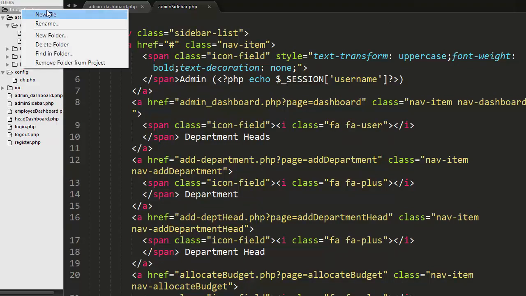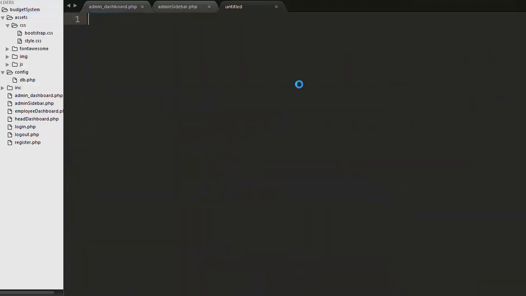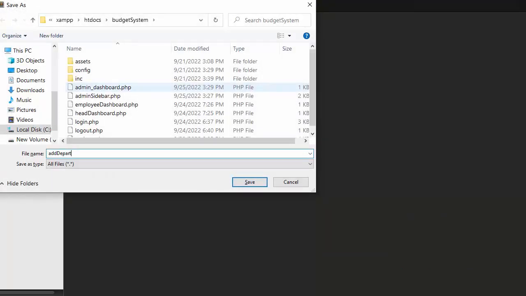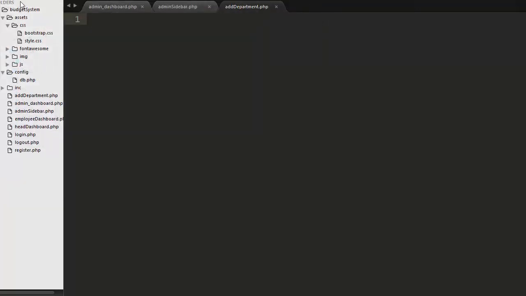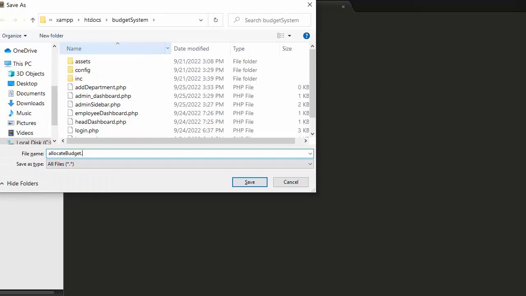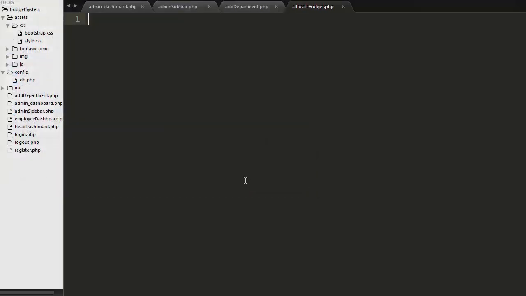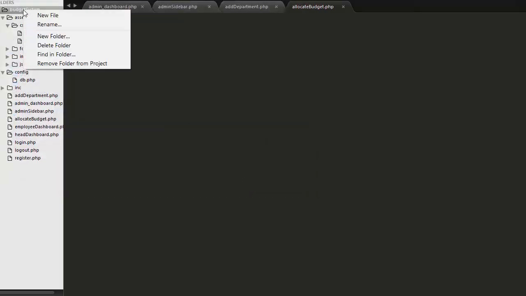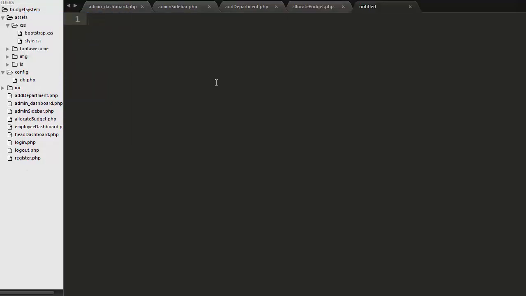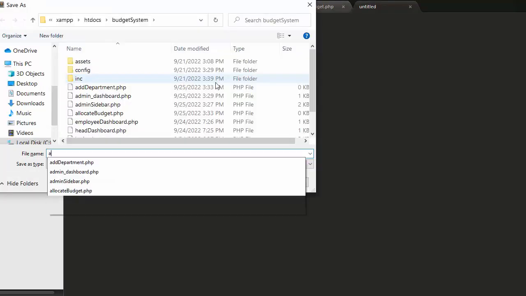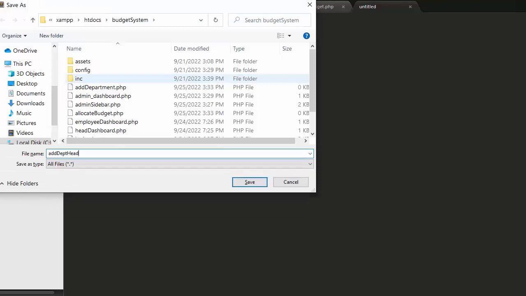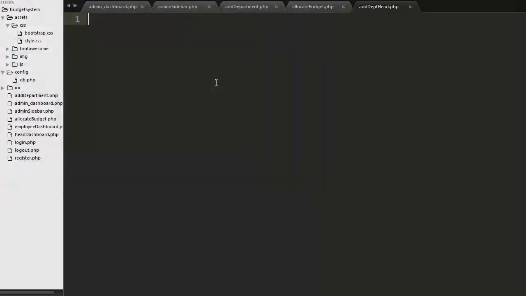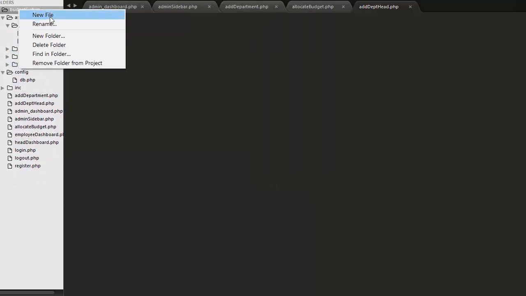So now let's right click and then click on new file, save it as add department.php, and we also need to create the allocate budget file, save it as allocate budget.php. Okay, and then I want one more file which is add department head.php, and I want one more file which is